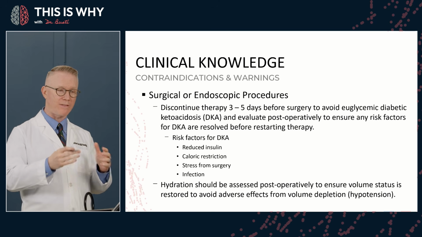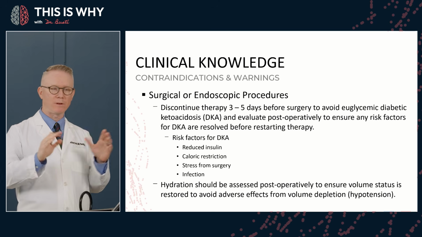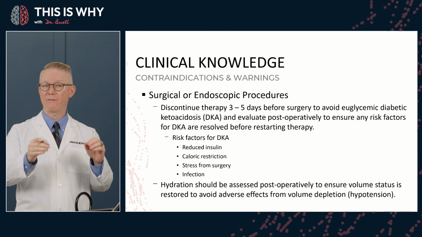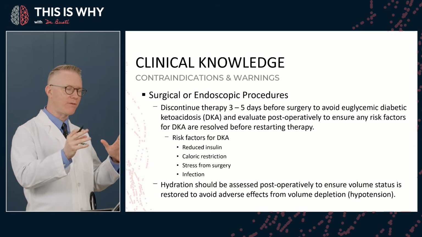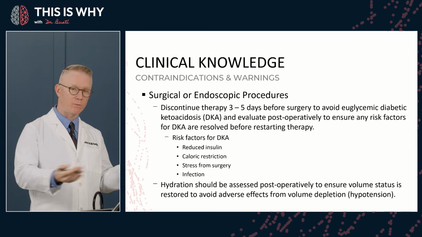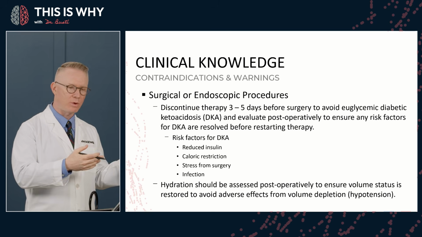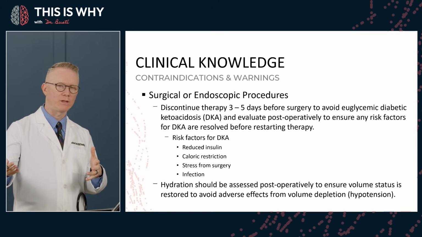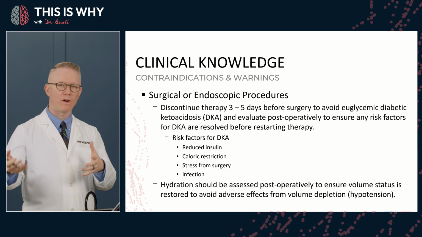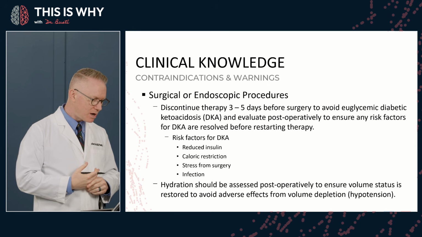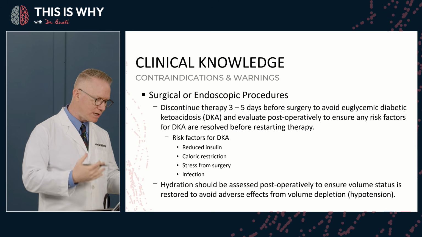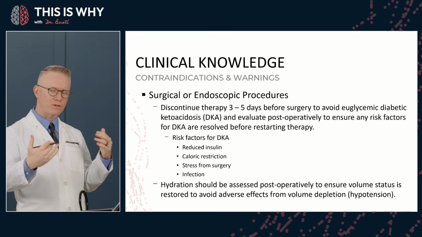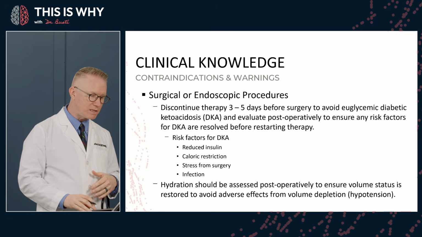The patients can have a hidden, sort of deceptive normal glucose but have DKA. They can also have acute kidney injury because of too much fluid loss. And sometimes patients are NPO, nothing by mouth, going into a procedure, they're not bringing in the volume to keep those kidneys perfused. And so we just need to be cognizant of those conditions